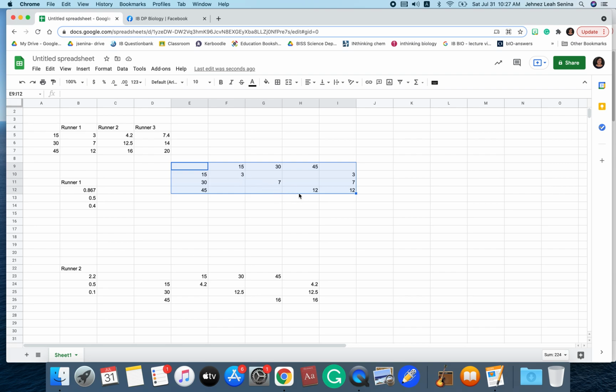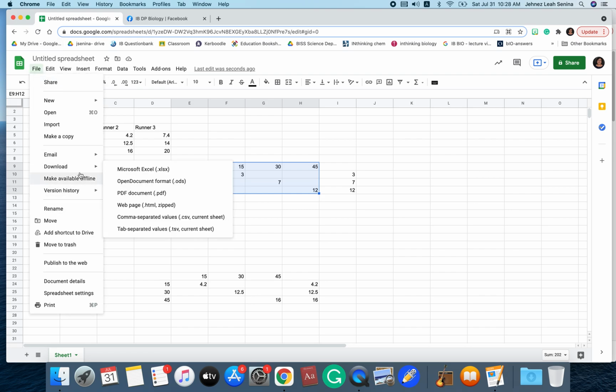Okay, so 3, 7, 12. It's basically this one for runner 1. So I'm going to show you for runner 1 first. So these are the values for runner 1. And then repeat those numbers right here on another column. Okay, so let's go. You highlight that. Again, we're making the first series for runner 1. And then you insert,